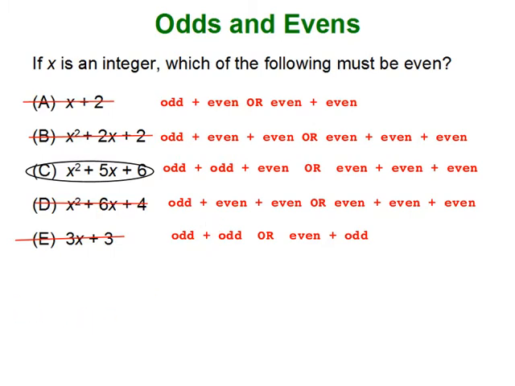Continuing on down the line. Note that this entire time we were really able just to ignore the square here, because squaring an even number keeps it even, squaring an odd number keeps it odd. So we could just, for all intents and purposes, totally ignore that square. You could plug in numbers here and still arrive safely at a solution as long as you plugged in both an even number and an odd number for every choice. It's a little time consuming, so make sure you check the clock before you attempt a long-winded method like that on a problem like this. And strive over time to be able to work a problem like this simply thinking about the odds and evens without